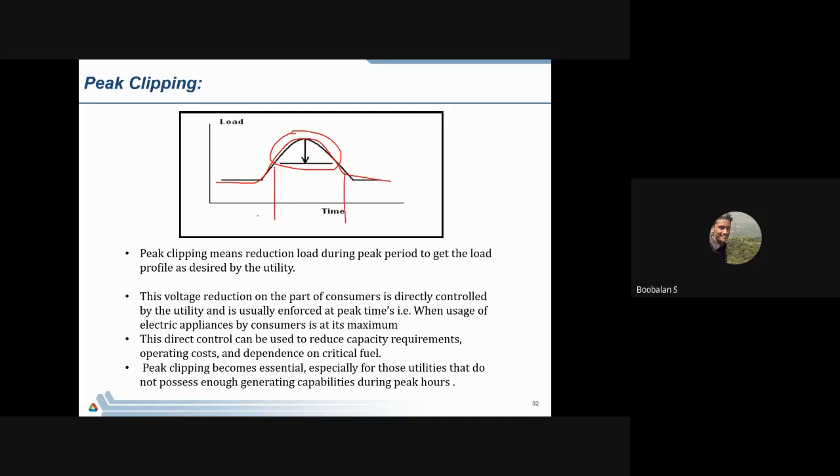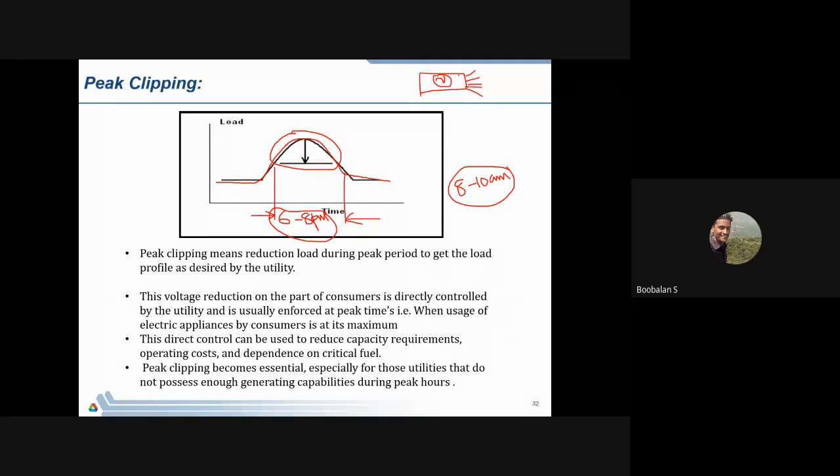So for example, in industry, the peak demand is going to occur from 6 to 8 p.m. in the evening. In a thermal power plant, we will have these peak hours from 6 to 8 p.m. as well as in the morning. So in the 6 to 8 p.m. period, for example, this is my generator supplying electric power.